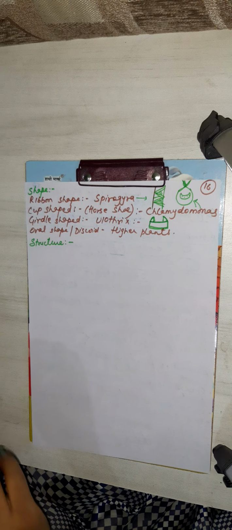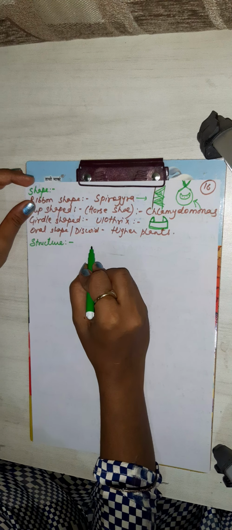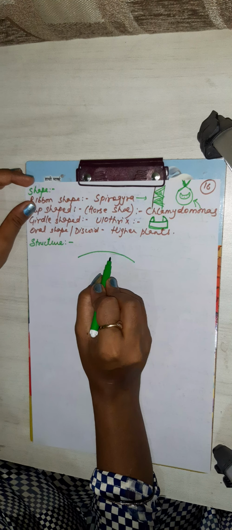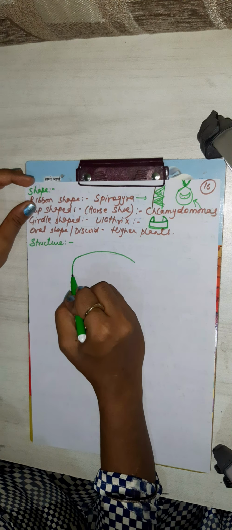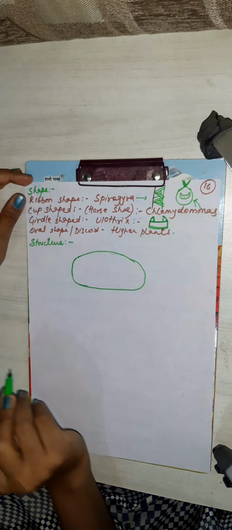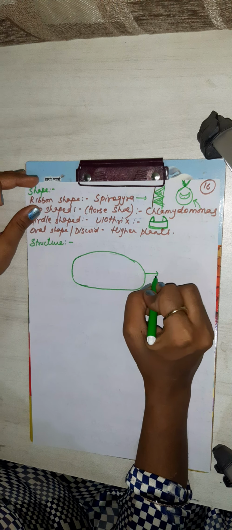So let's start with the structure of chloroplast. Chloroplast is also a double membrane structure. The diagram is not very good. So it is outer membrane,